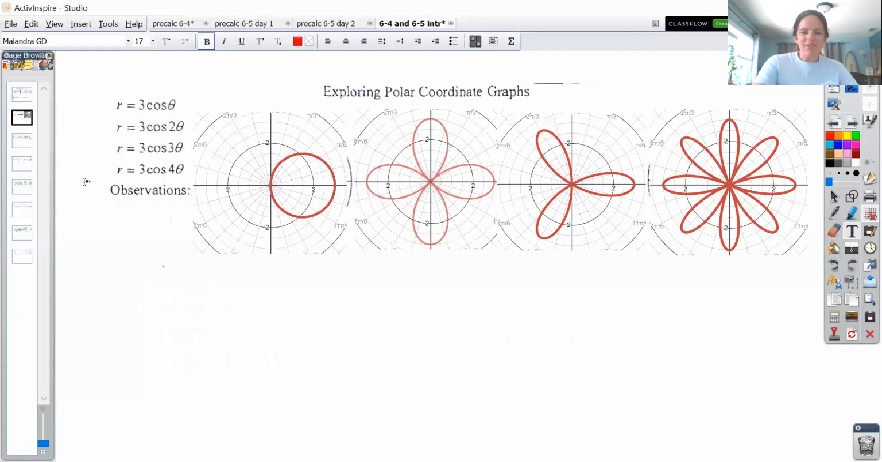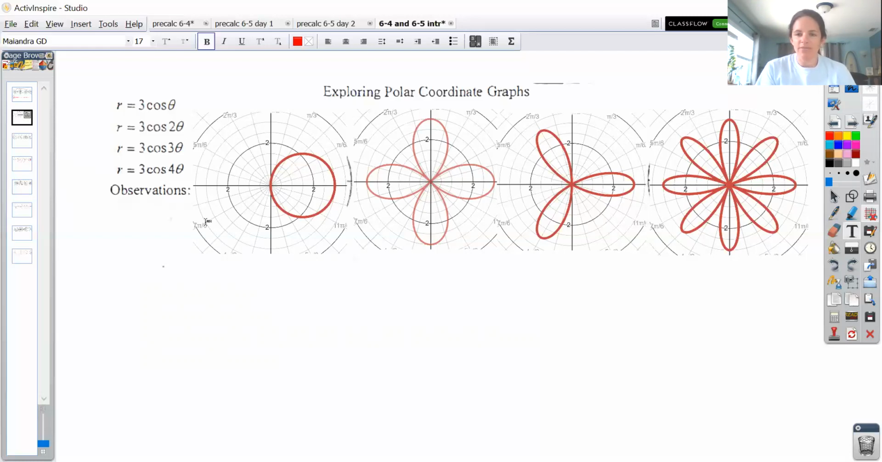Okay, so now you have them all graphed, and hopefully they look like this. This is what the graphs of those equations should look like. So then I'd like you to make some observations. Types of observations that you could make are, these look like flowers maybe, I've heard that in the past, what would be the length of the petal of the flower? How many petals does each one have,